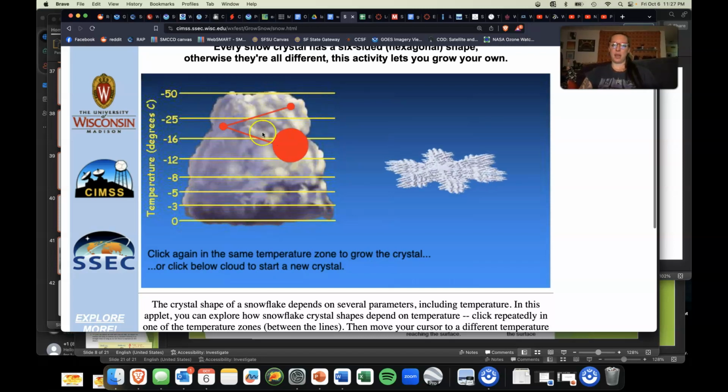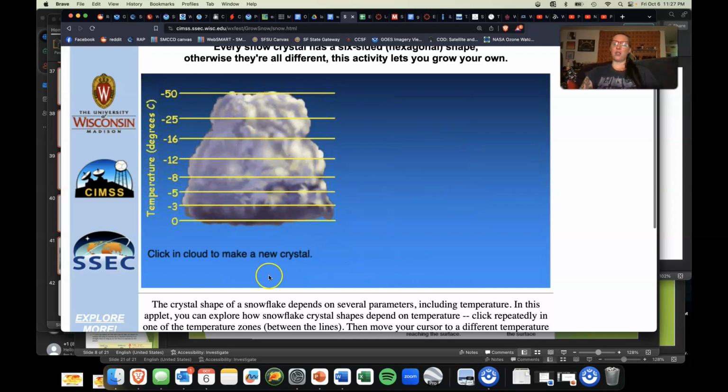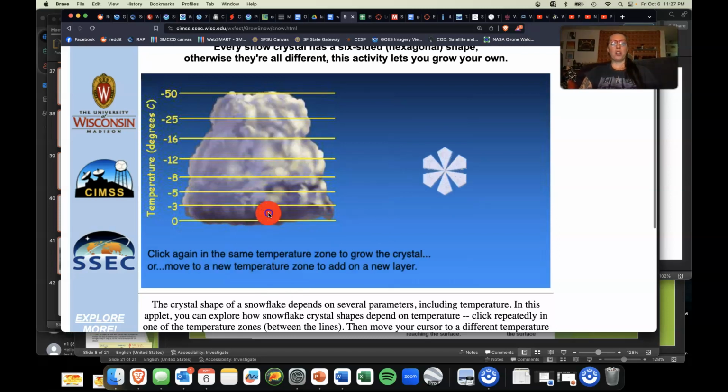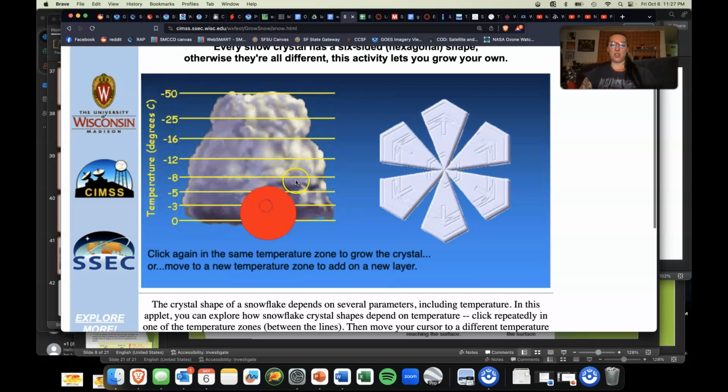So notice that I tried to go to another one, right? It only allows you to do 3 growth or 3 layers, which is kind of annoying, but whatever. And then to restart, you just click underneath the cloud. The more you click in a layer, the larger it gets, and you can make it as large as you want. And then you can add in different